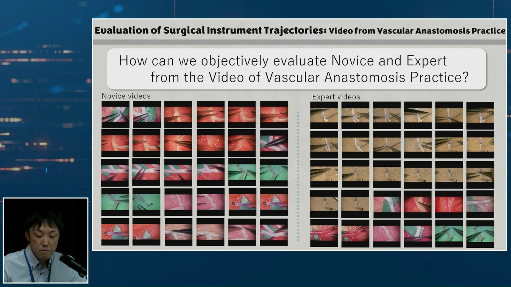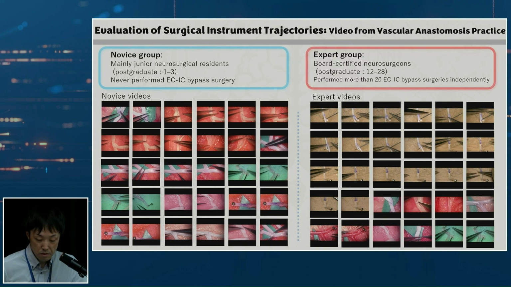By analyzing these videos, we examine whether we can quantitatively evaluate the differences in surgical skill between the two groups. The novice group consists of young neurosurgeons, mainly first to third-year residents. Their characteristic is that they have no experience in extracranial-intracranial bypass surgery. On the other hand, the expert group consists of neurosurgery